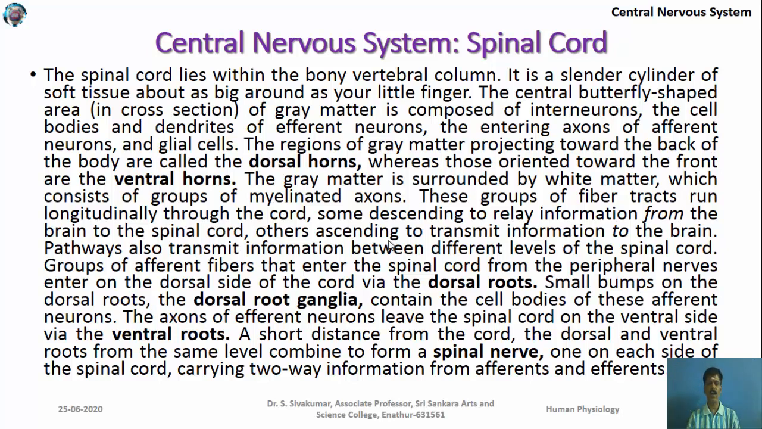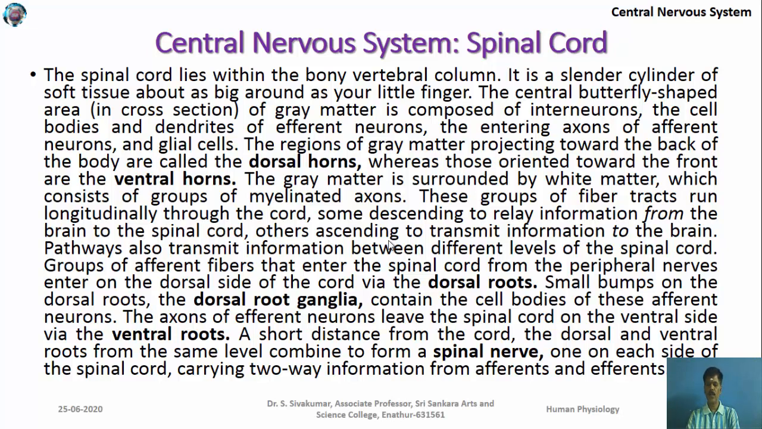One is known as the dorsal horn, which is usually present at the back of the body, and the horn present in the interior part is known as the ventral horn. A short distance from the spinal cord, the dorsal and ventral roots at the same level combine to form a spinal nerve. The nerve which comes out of the spinal cord is known as the spinal nerve. It is going to connect different organelles and organs,